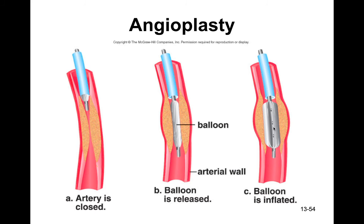Now, once they take this balloon out, it's not going to take long for this to collapse back in just like this again. So what they're going to do is they're going to put a stent in here. A stent is a structure that's going to push against this fatty material and hold that vessel open, making it a bigger opening for the blood to come through so that our blood flow is not being limited, and also making it harder for a clot to form or for a clot to get in here